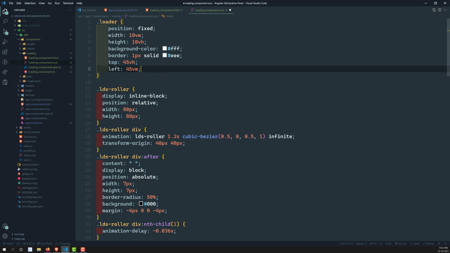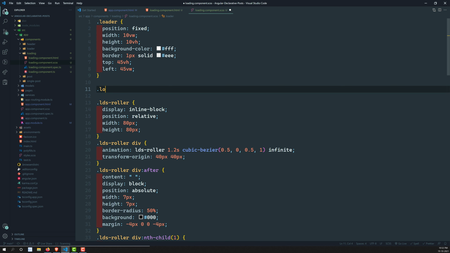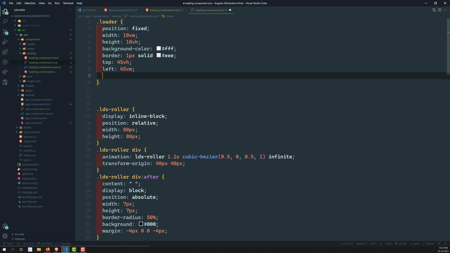Okay, so hopefully this one will be fine. So loader content, so we will be having something like, as this one is an SCSS, we can use it here inside this one also, loader content, right? So in this loader content